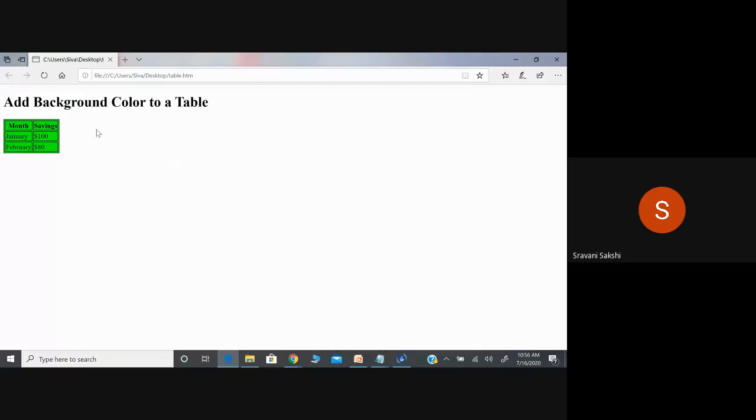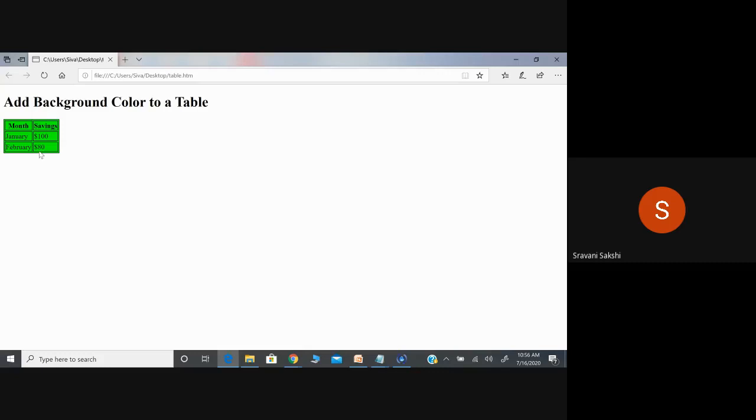See here. Here I have defined the H1 heading 1 with this text, add background color to a table. Here I am adding the background color in the hexadecimal format, which has given us neon green color.